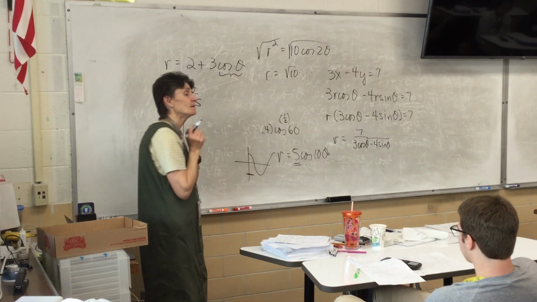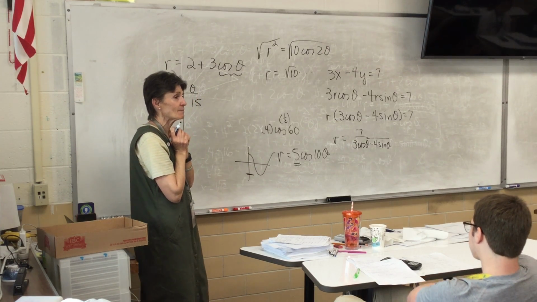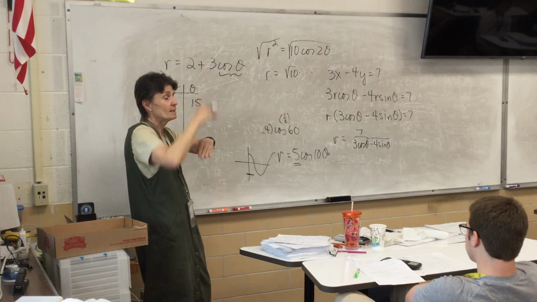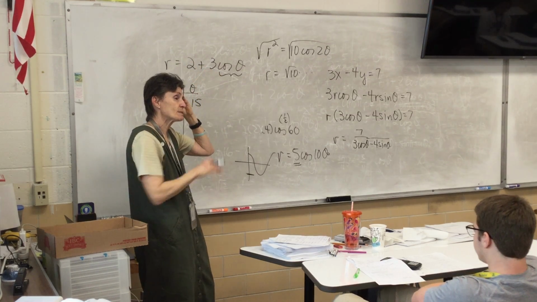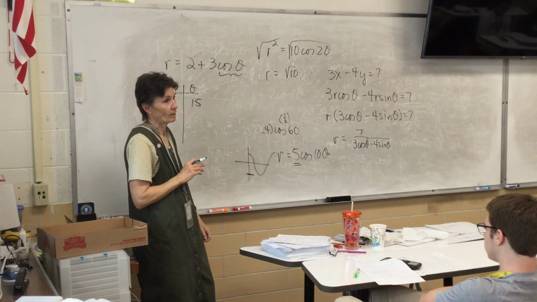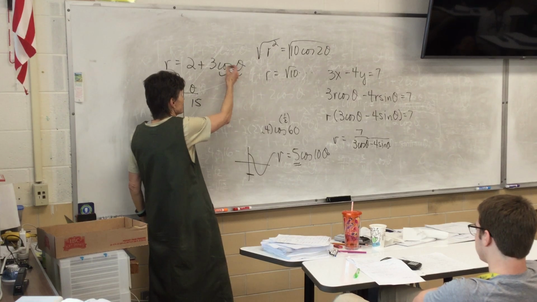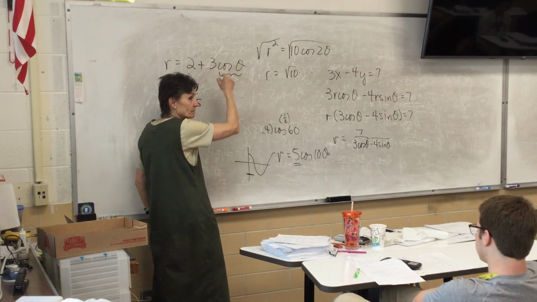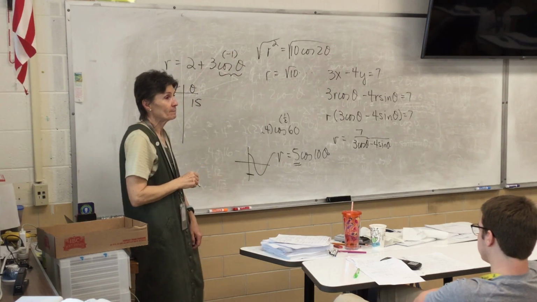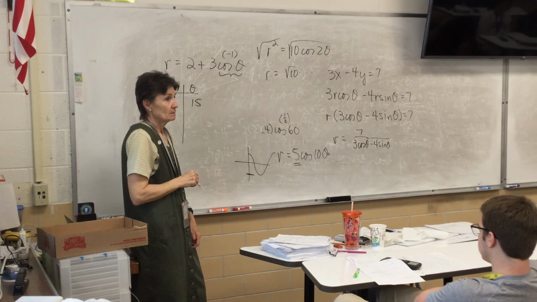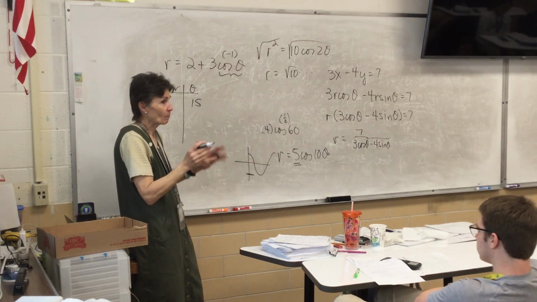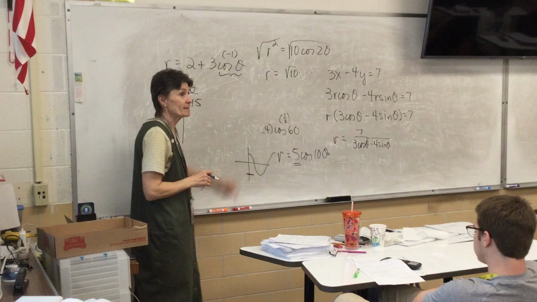Oh, -1. The minimum cosine value is -1. Cosine goes from -1 to +1. If you type in on your calculator cosine of anything in the world, it will never be less than -1, right? So the smallest this can be is -1. So what's the smallest r can be? Also -1? Yeah, it just happens to be that way because of the numbers that are in here, but yeah,